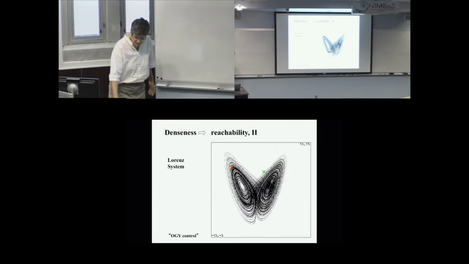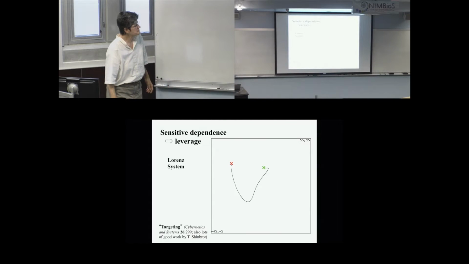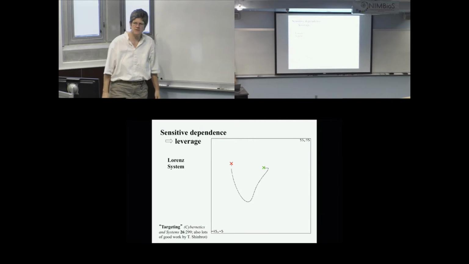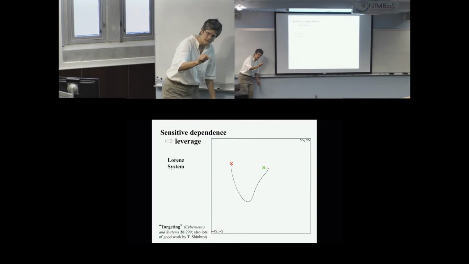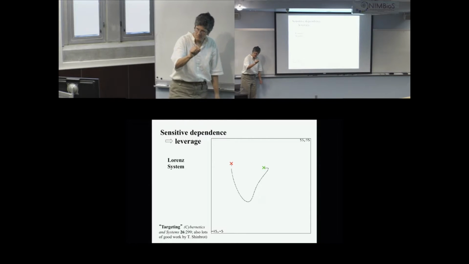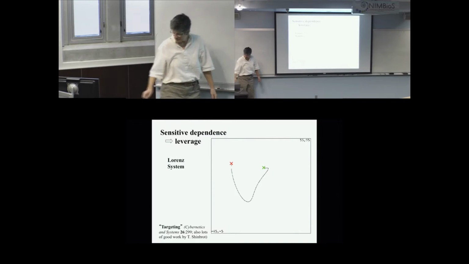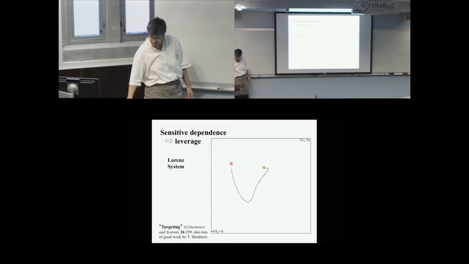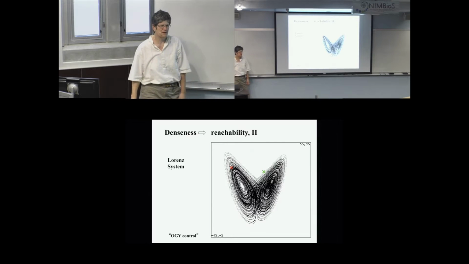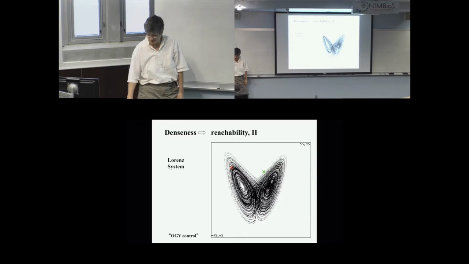Well, what if we also took advantage of this sensitive dependence on initial conditions and tried to figure out where we could deliver a small tap at a very well-chosen place in order to not have to wait quite so long. And these are actually, believe it or not, 2 slides from my PhD thesis that I still show 23 years later. Okay? So this was my competitors. This is what everyone does, and this is what I did.